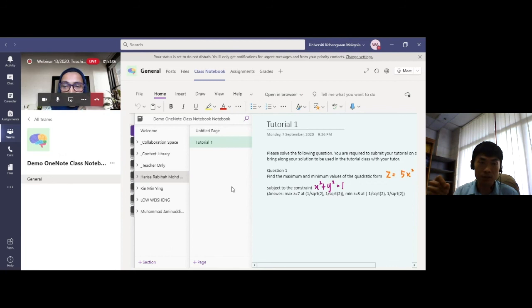That would be the best using the tablet, because you can use the stylus or the pencil to write on it. If you only have a laptop or a desktop, then you wouldn't be able to fully utilize the inking functions, the draw functions of OneNote. So that would be the part where it's more of a physical problem.